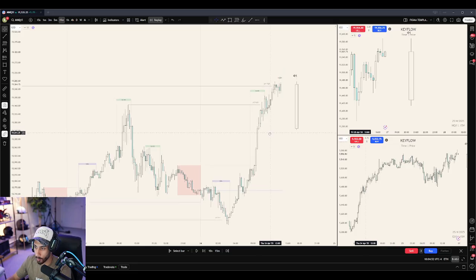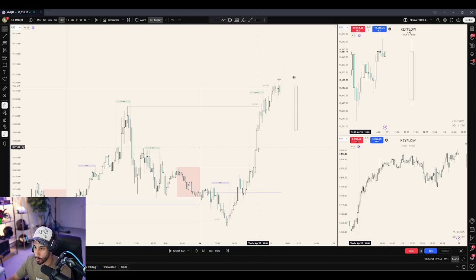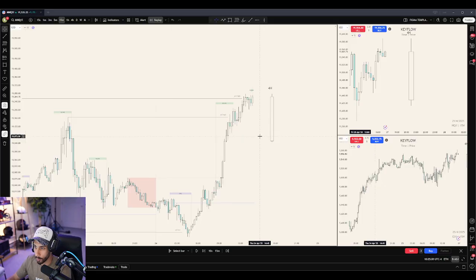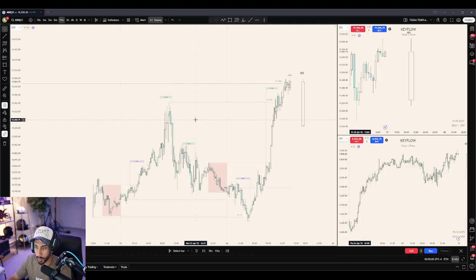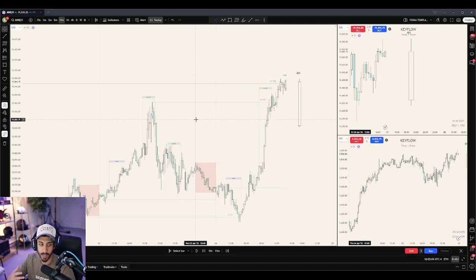Right, 10 a.m. had opened up. We had essentially no manipulation leg lower, and we pushed up straight in towards these targets. So it's very important to understand the narrative as a whole. The narrative here was bullish until previous week high, and then I start to be bearish. And that is exactly what I was looking for coming into 2 p.m.